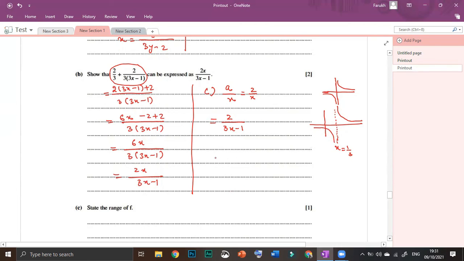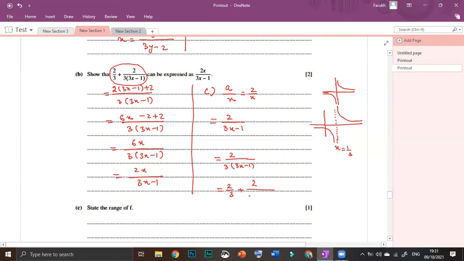Now multiply this graph with 3 in the denominator. There will be no change in the graph, because when we divide all the values by 3, positive values will remain positive and negative values will remain negative. There will be no major change in the graph. Now we will add 2 over 3 in this graph. As we can see, we have another portion 2 over 3.